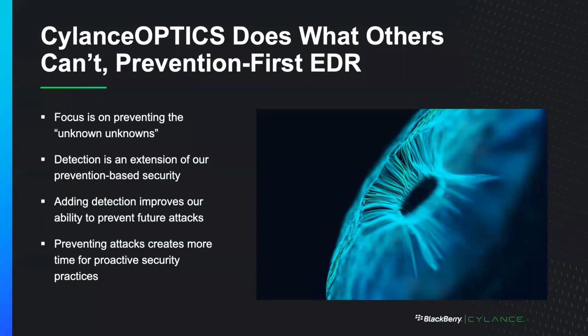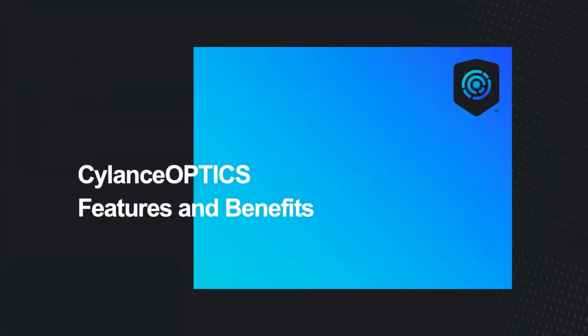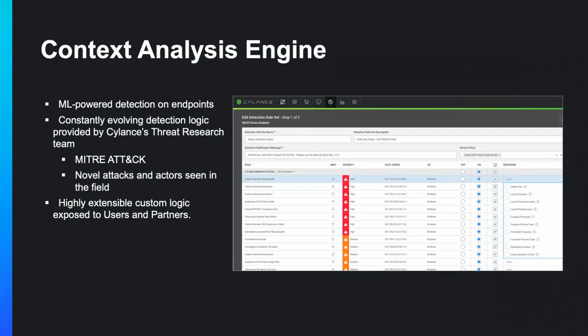To align to some of the other areas that Gartner outlined in their EDR requirements, we're going to walk through a quick set of features and capabilities that are present within CylanceOPTICS. The first area that I want to talk about is a feature that we call Context Analysis Engine. Context Analysis Engine is our real-time detection engine that sits locally on the CylanceOPTICS endpoint agent. This is a home for machine learning models, as well as custom detection logic that is written by Cylance's world-class threat research team. It's important to note that